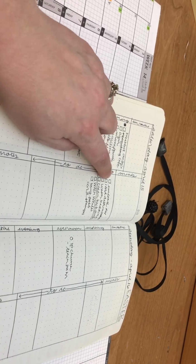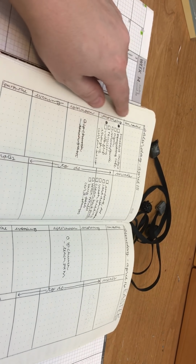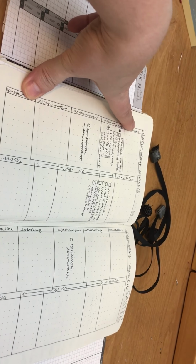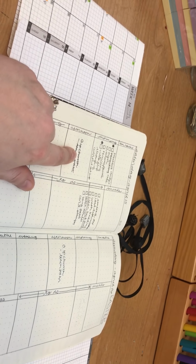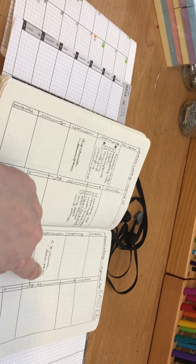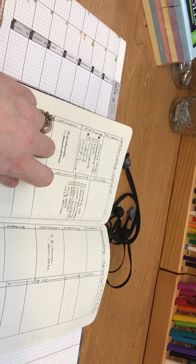I set these up the same, and then I decided that I just want this to be a running to-do list for the weekends. So it's kind of the same thing. I have my morning and my evening routine and my blocks of day and things that I want to get done. And here, we don't go to church on Saturday. We go to church on Sunday. And so I have to teach, so I put that in there. And then just things that I want to get done